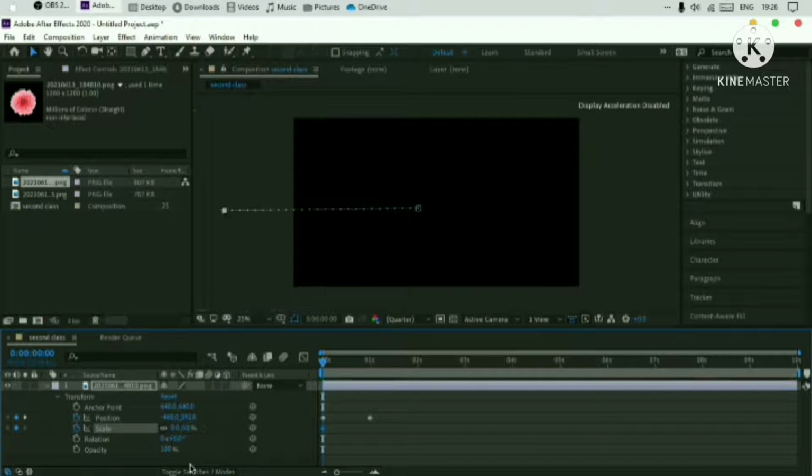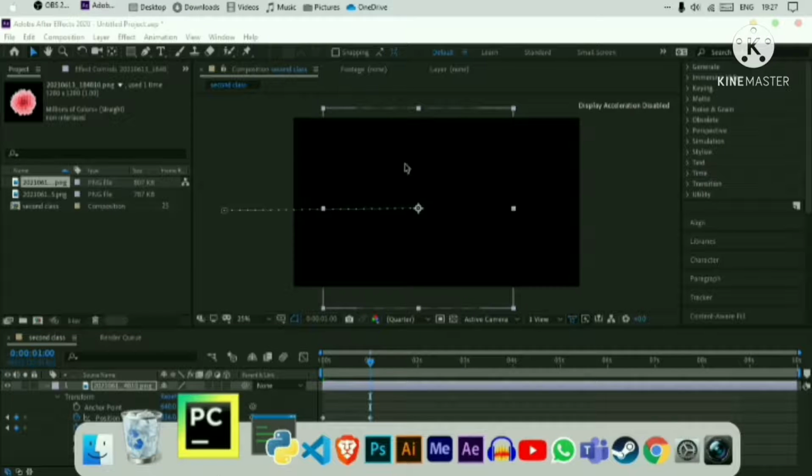At the initial point it will be 0, like a small dot, and at 1 second, you can get the position here and click on this to go to the next keyframe. So you will get here, and in the scale I want it to be 100.